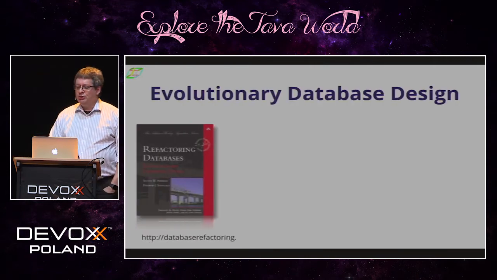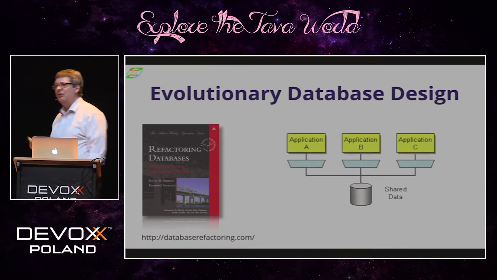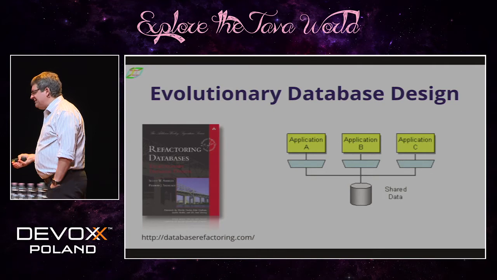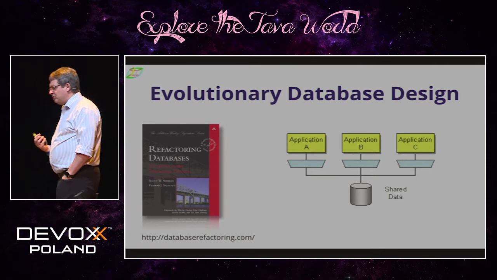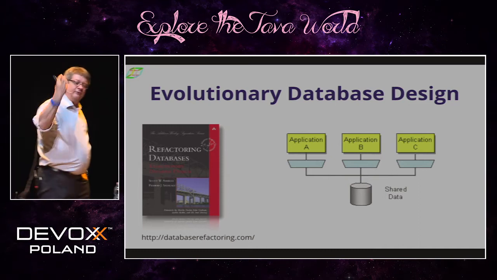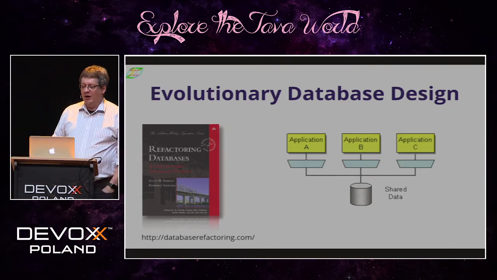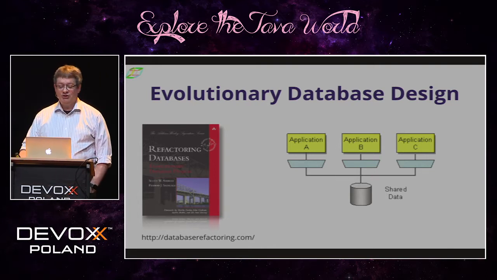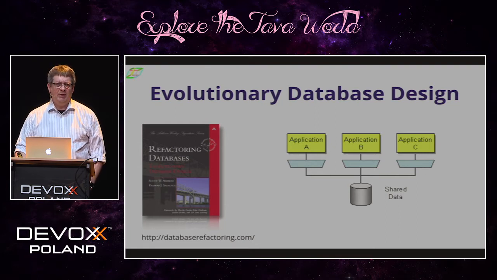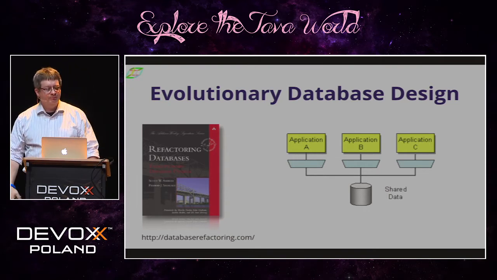One of the things that I alluded to earlier is this idea of evolutionary database design. And a lot of people end up in this particular pattern because it's really easy to do. I need to share some information between two different applications, and they both talk to a relational database. Let's just share that information through the relational database. But then you realize after you've done this for a little while, now you've got a big problem, because now I need to make a change to the schema on behalf of application A, but I can't do that because it's going to break B and C. So I've now coupled them at the data level, and it's really hard to make changes to them.